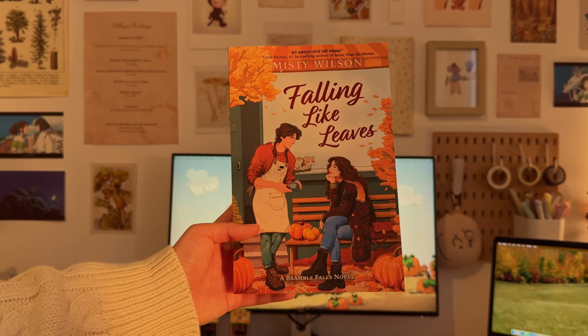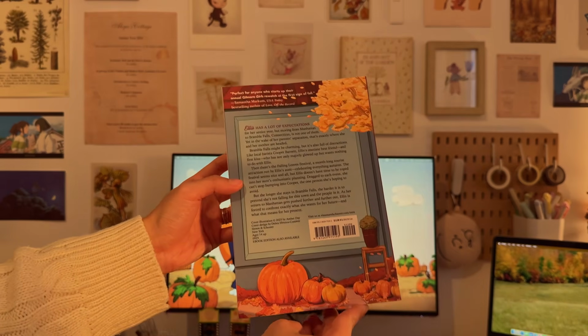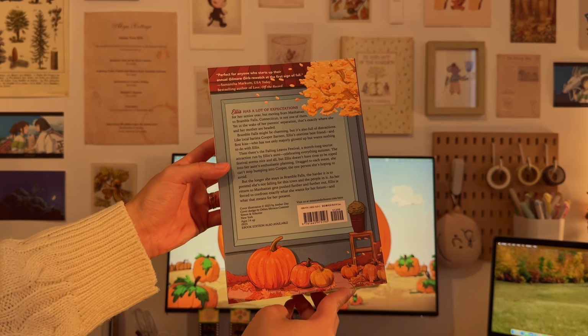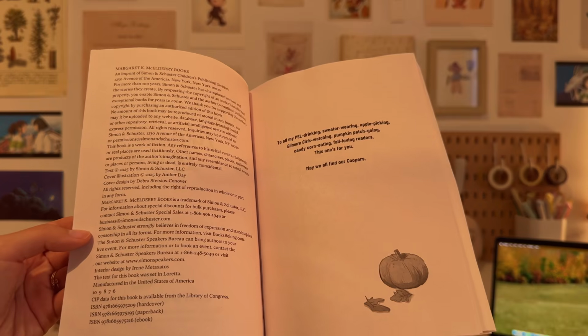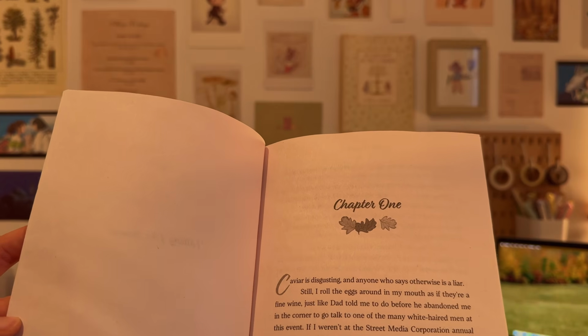This book is a YA contemporary romance and is perfect for the autumn-fall season because you follow a girl called Alice who lives in Manhattan until her parents are getting separated, and so she ends up having to follow her mum back to her mum's hometown, which is in Bramble Falls. Now at Bramble Falls they have this month-long tourist season essentially celebrating everything to do with autumn, and Alice wants nothing to do with it, but her aunt happens to be the mayor of Bramble Falls, so she ends up